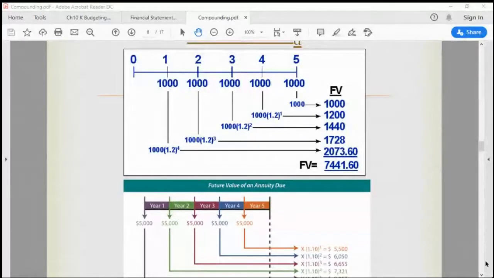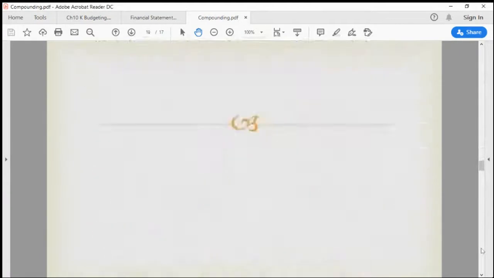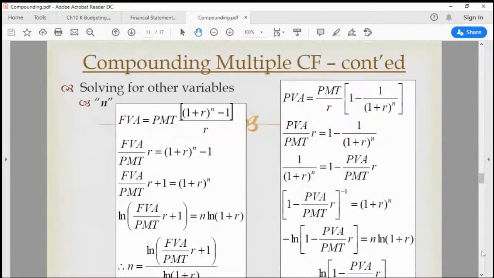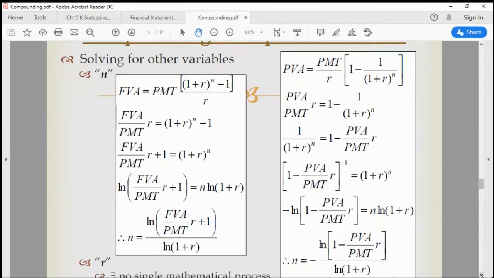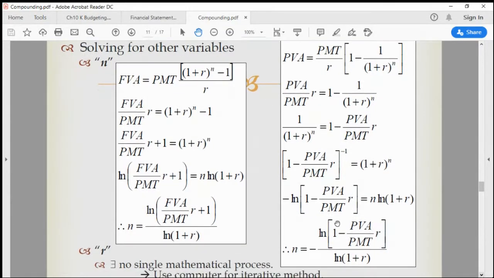All right, we're back to PowerPoint. So skip a few slides. All righty. All right. Now it looks quite complicated, but solving for other variables, n in case of n,